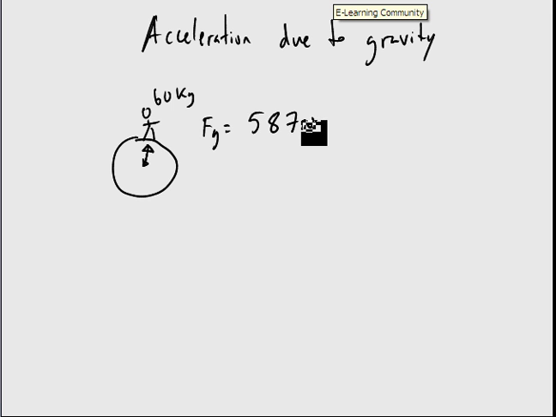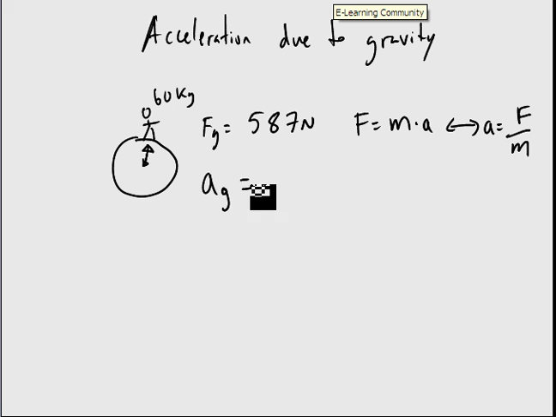That means that the Earth is pulling you down at 587 newtons, and you're pulling the Earth up at 587 newtons. And then when we calculated the acceleration, we said this is the force of gravity, but force is mass times acceleration. So acceleration is force divided by mass. So when we got that 587 newtons and we divided by the different masses,